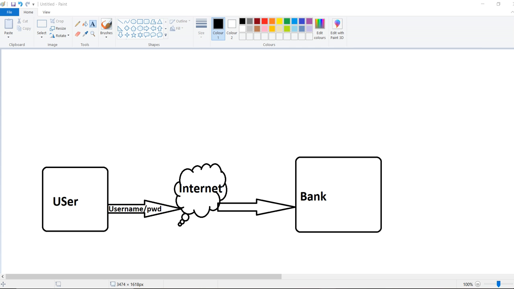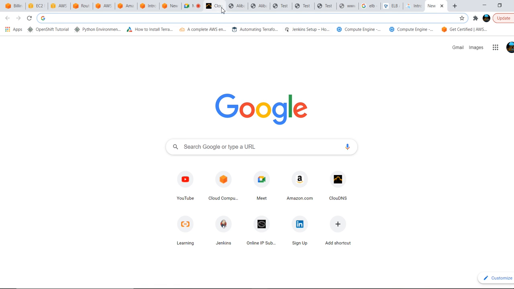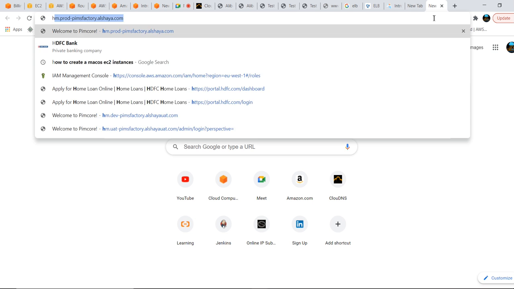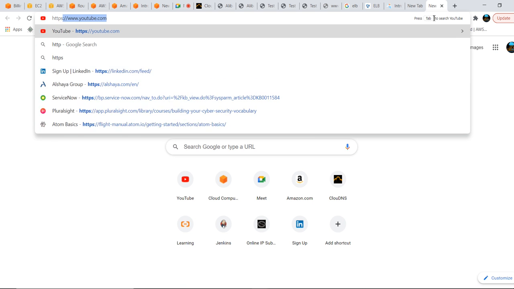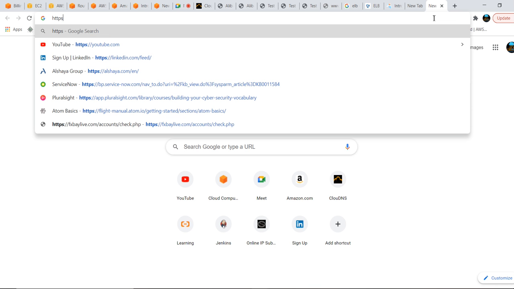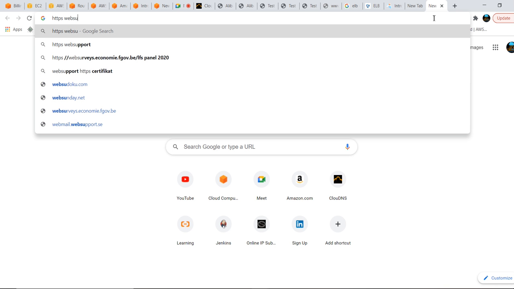So what will happen here if you don't have HTTPS? Let us see HTTP websites.